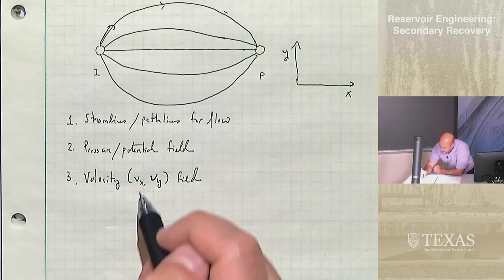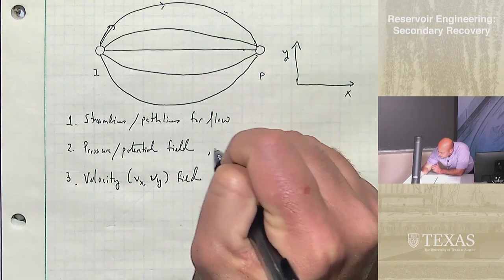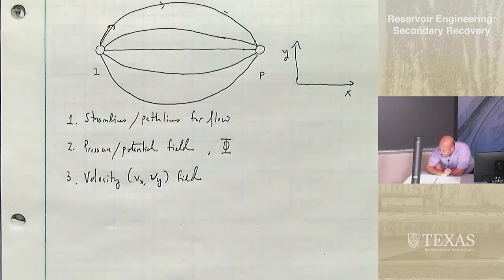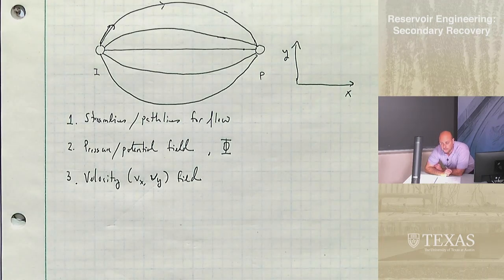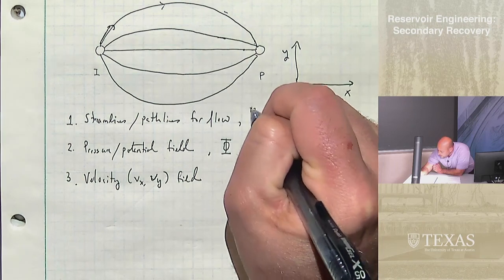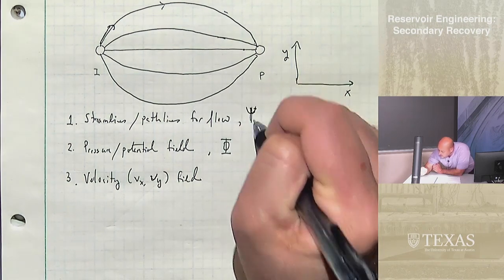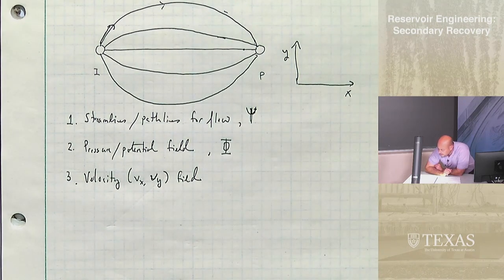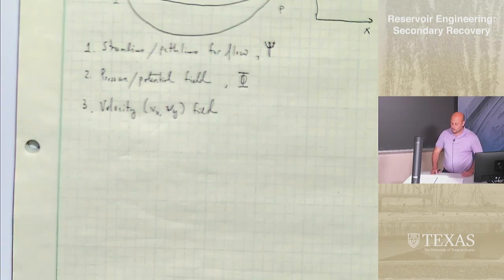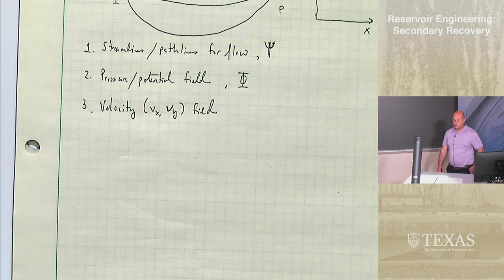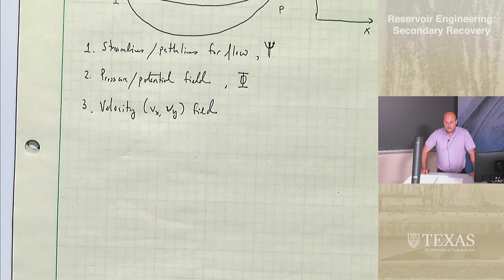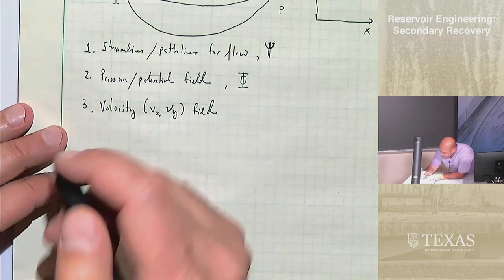So we're going to use Vx and Vy for velocity. We'll use this for potential, so this phi term. And for streamlines, we're going to use a weird variable. It's going to be this psi term. Okay, so that's some of the variables that you'll see. So how are we going to derive some of these equations? Well, we'll start out with some really basic stuff that we know, like Darcy's law. So we know that Darcy's law